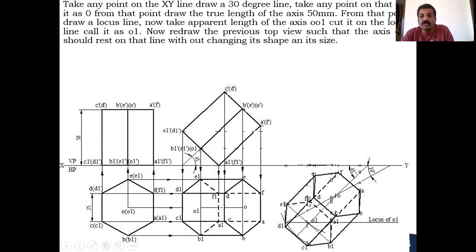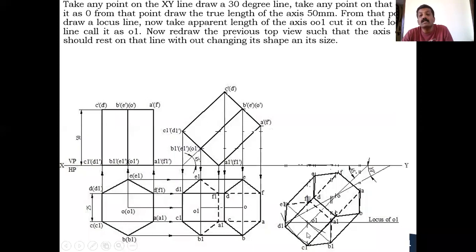Now, since it is a true inclination which he has given, the true length of the axis, what is the true length of the axis? It is 50 millimeter. You take 50 millimeter as the true length of the axis, and with O as the center, you cut this 30-degree line. After this, you draw a horizontal line passing through that intersection point, the arc, and call this a locus line. Now you take the apparent length of your axis O2 O1 from the previous top view,